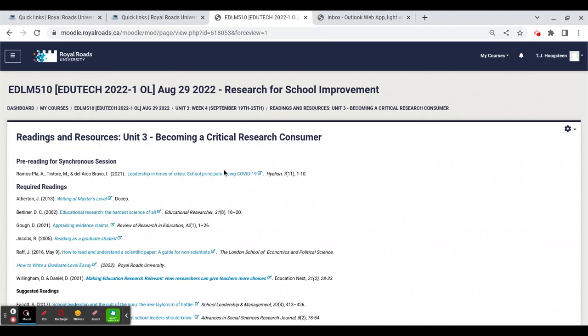The other articles I talked about the other day as being your big ones are these: How to Read and Understand a Scientific Paper, and what was the other one? The Willingham article, Reading as a Graduate Student, David Goff, Appraising Evidence Claims, and the Berliner article, Educational Research: The Hardest Science of All.